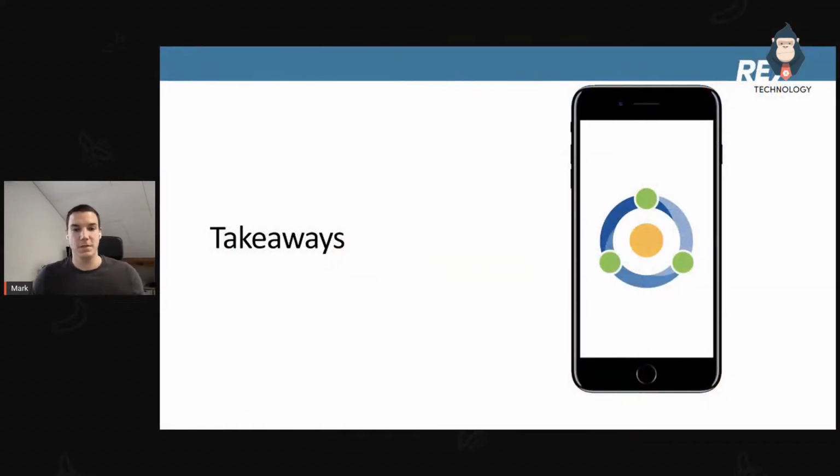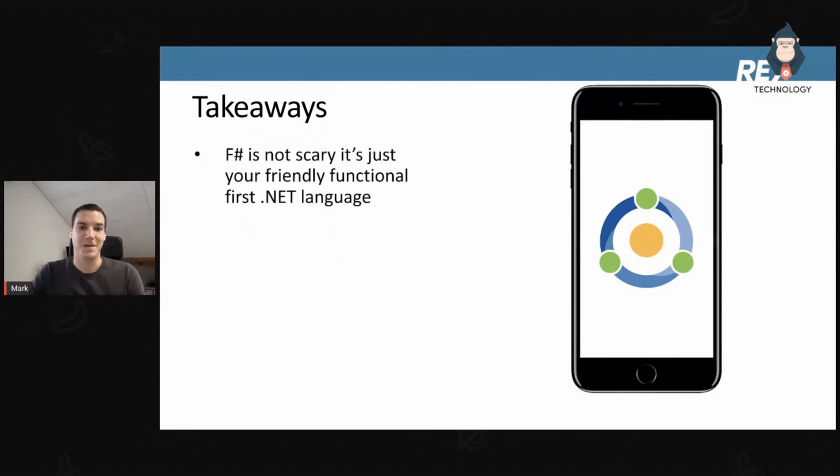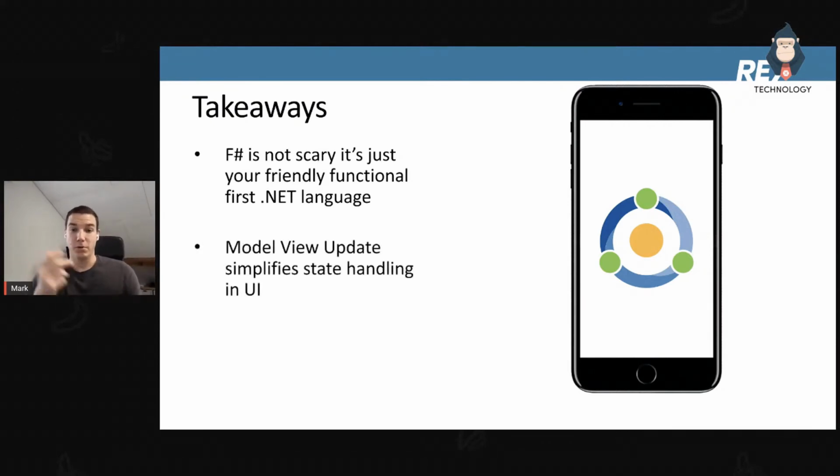So some key takeaways that I hope you took away too: F# is not scary. It's just your friendly functional first .NET language that you have at your disposal, and that probably already runs in the IDE you have set up. Model View Update is a different take on this MVE star of things, and it really simplifies state handling.